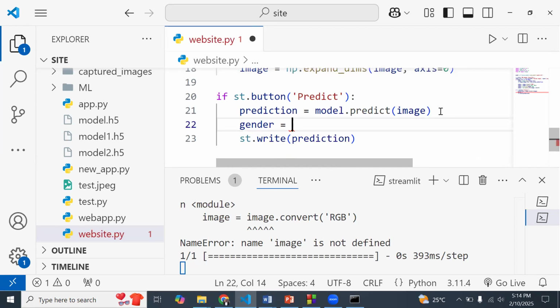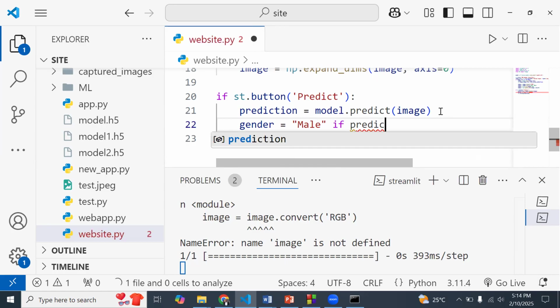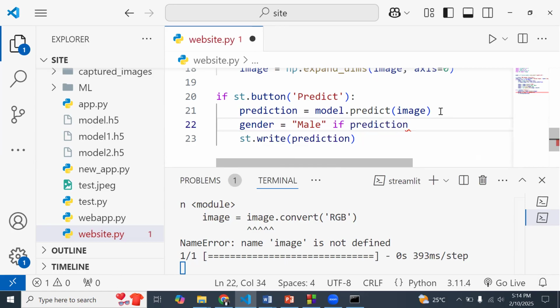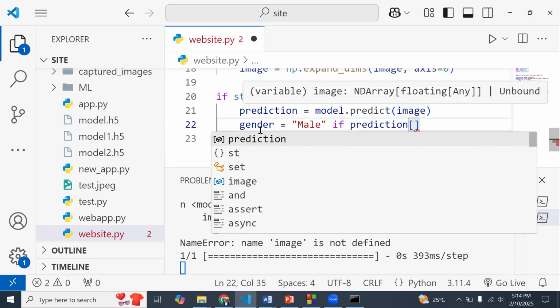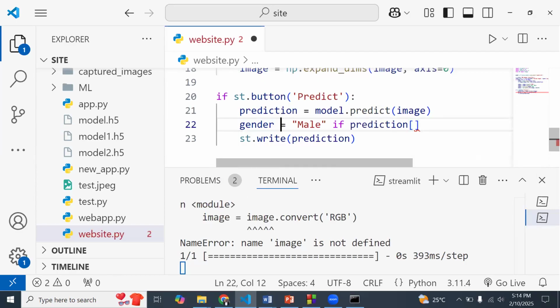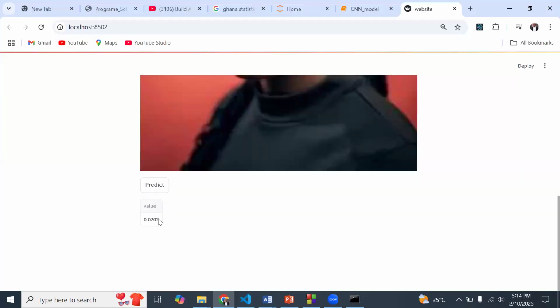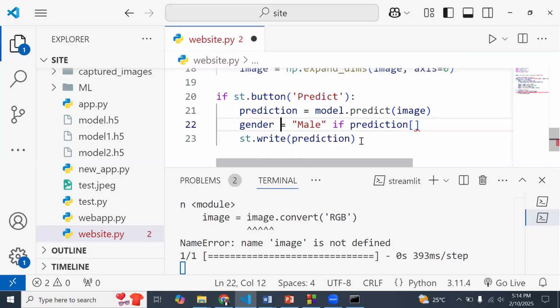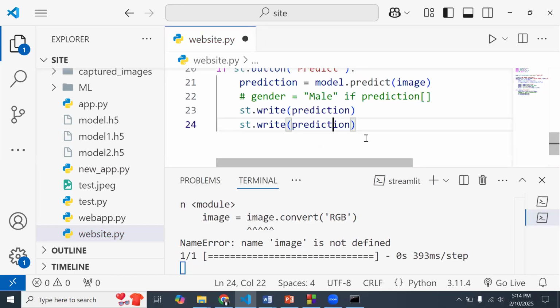And with this one, I can be a little bit straightforward over here. So I can say it is going to be a male if the prediction, and then over here, we do some slicing. Now, it is rather unfortunate that when we do the printing out over here, with what we see, we are not truly getting, let me just show you this. So let me comment this one out and then bring the data type of what we see over here.